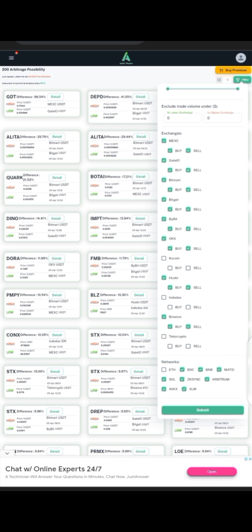Okay, but if you are not a trained trader, you will not know how to carry out arbitrage on Ethereum, because it's very, very tricky at times. So what you need to do is just follow what I'm telling you and implement it. It's going to work for you. All right, so